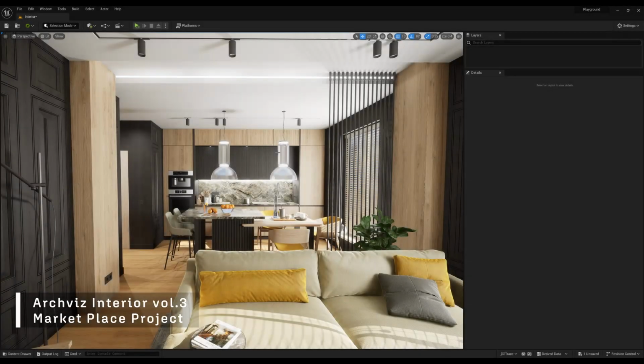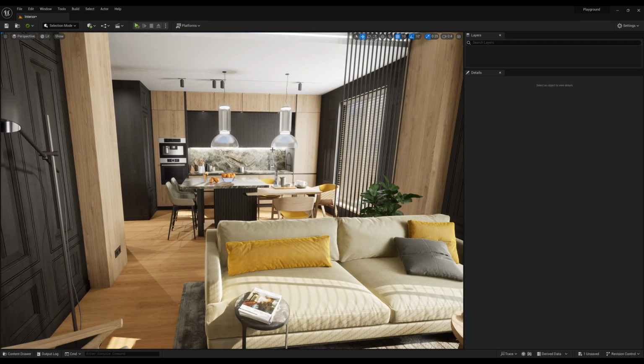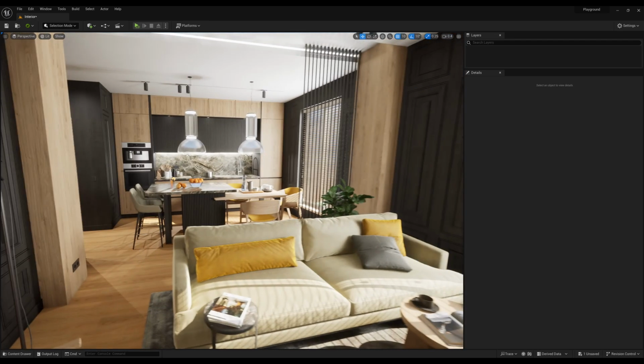Let's do a bit of visualization in Unreal Engine, specifically architectural visualization. So I wanted to create these videos to summarize some key elements that you can keep in mind when you are creating some renders and sequences for architectural visualization. And I'm going to include some tips and tricks and what to do with some troubleshooting that we can encounter sometimes